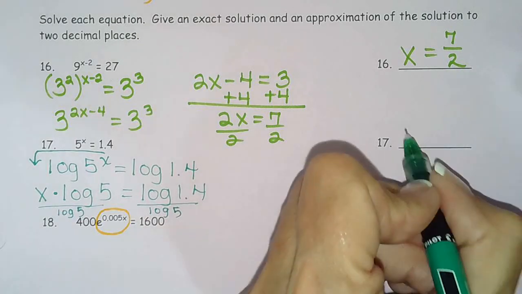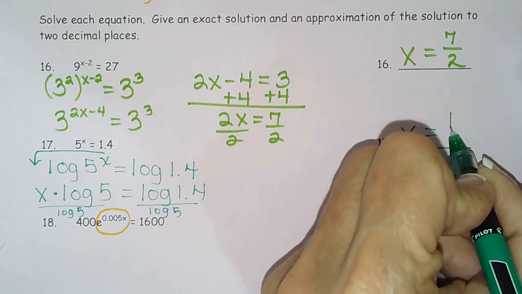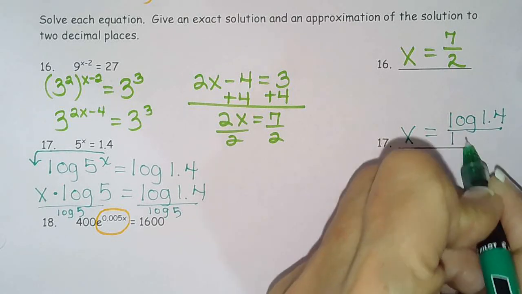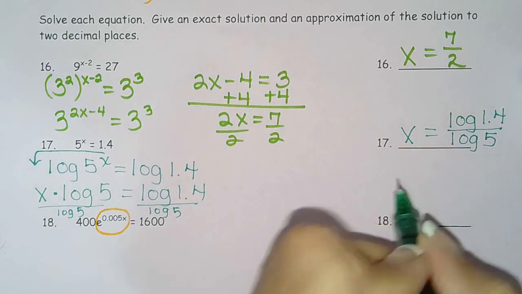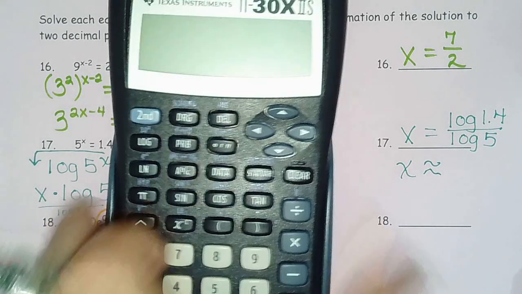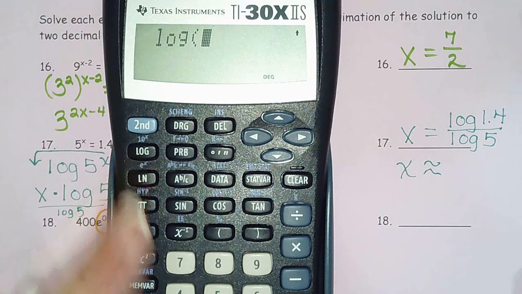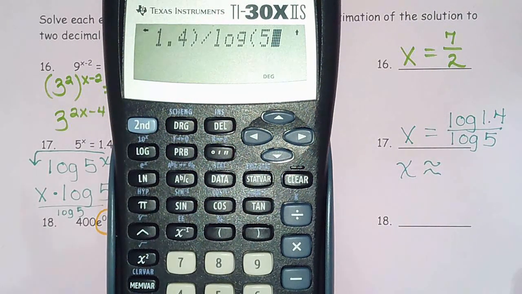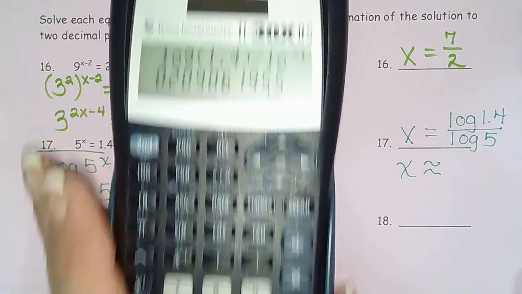So my exact answer for this one is log of 1.4 divided by log of 5. My approximate answer will be log of 1.4 divided by log of 5 on the calculator, and it says 2 decimal